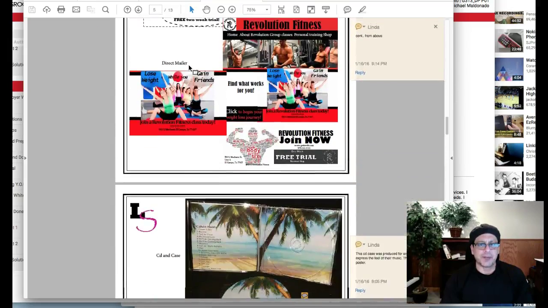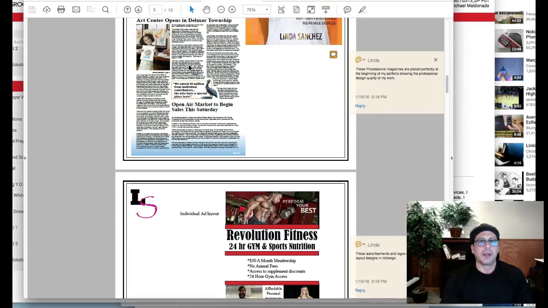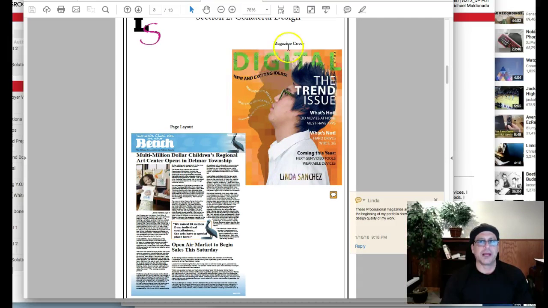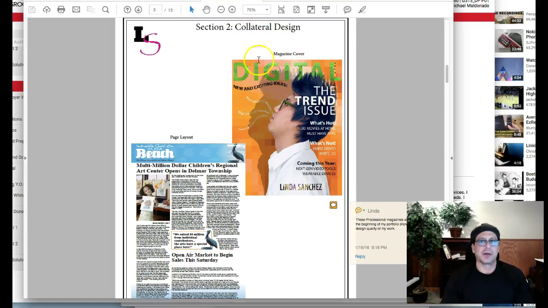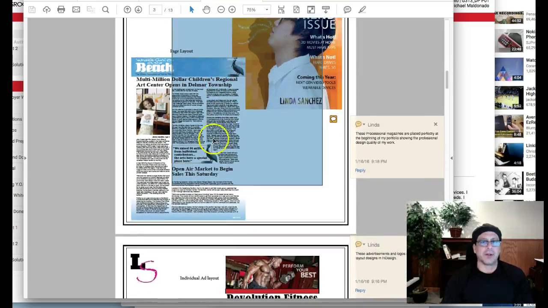You've got each piece, but nothing is described. So in other words, let's say in this page here, you had this magazine cover, and then you move that to another page, and you had section 2 collateral design magazine cover, and let's say you place it about that big so we could see it, and then down here, why don't you do this down here, lined up